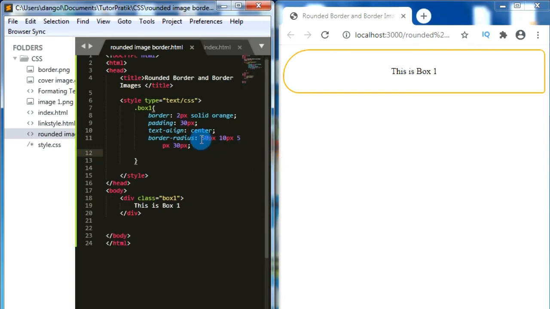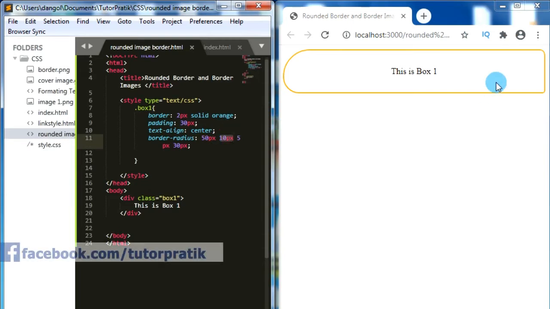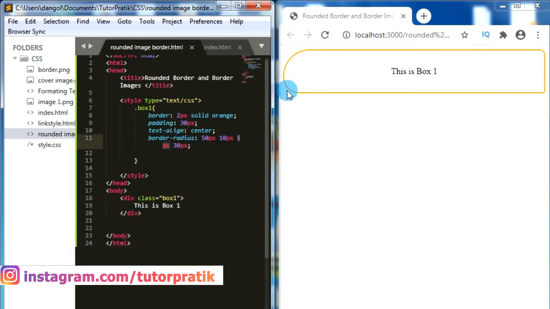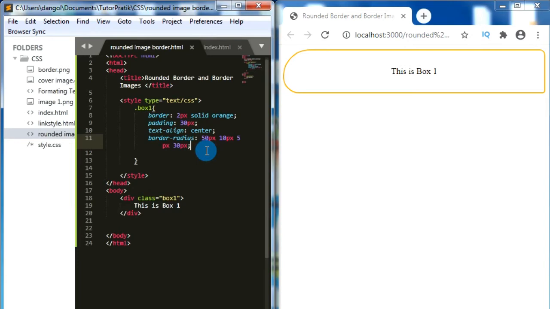Now the first value, 50 pixel, will be applied on the top left side, and the other values will be applied clockwise. Like the second value, 10 pixel, will be applied on the top right side, and the 5 pixel value will be applied for the bottom right side, and the last value, 30 pixel, will be applied for the bottom left side. So by using this border radius property, we can make our border corners rounded as per our